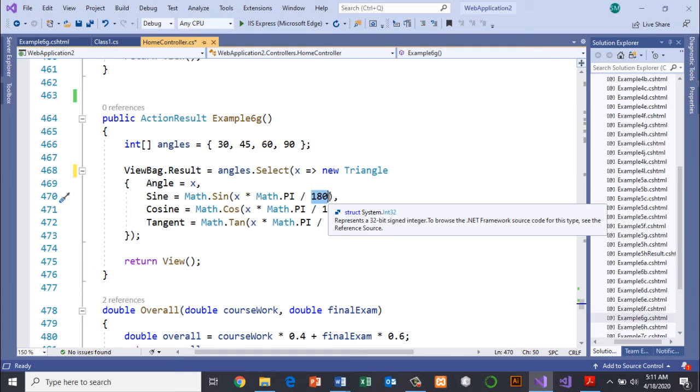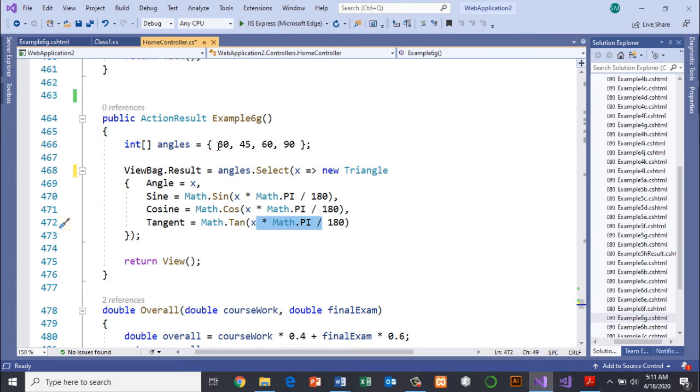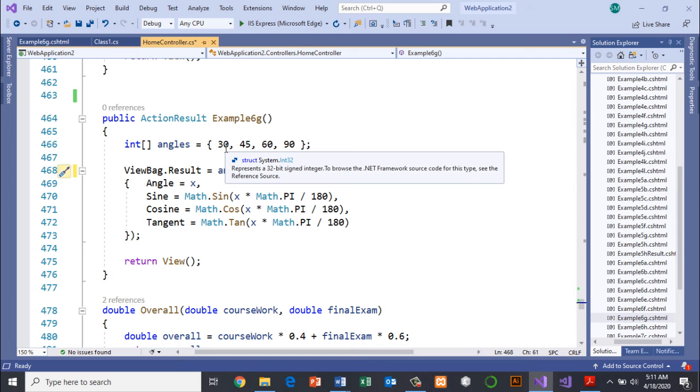So it must be 180. So we convert this, we have cos, we have tangent. What happens is that it will take each of these x values and replace here, and this will go for each row. So there will be 4 different rows.